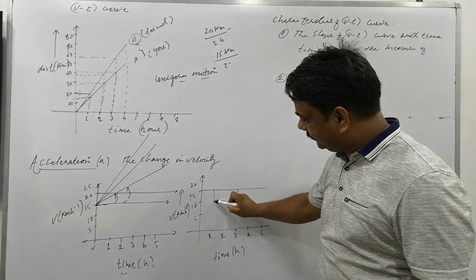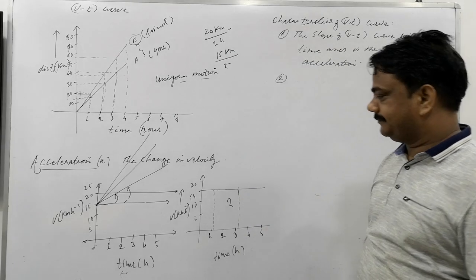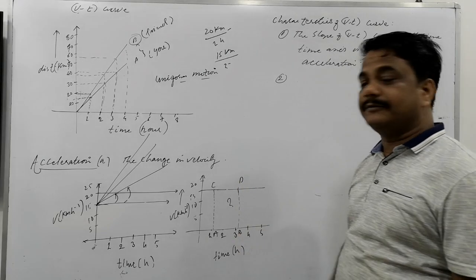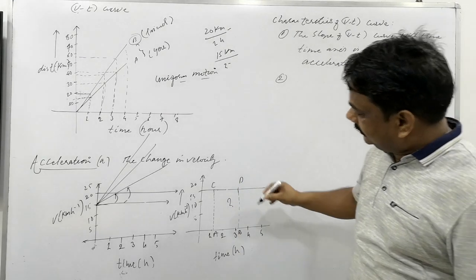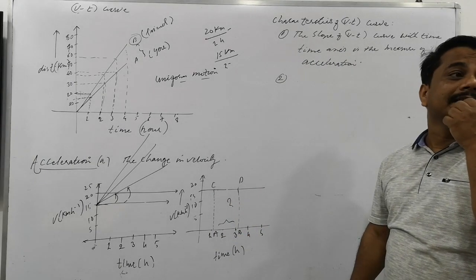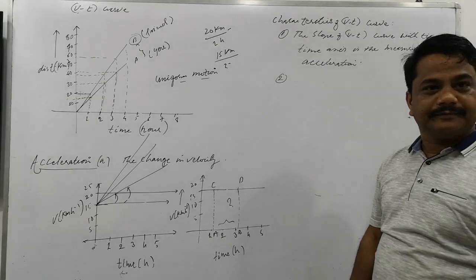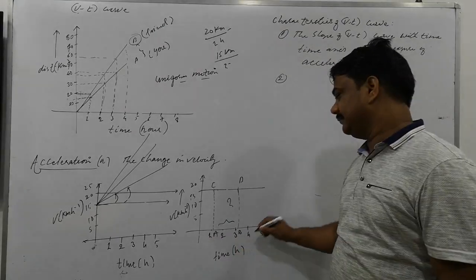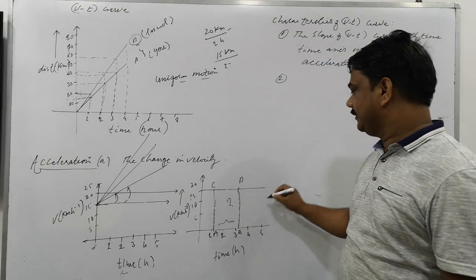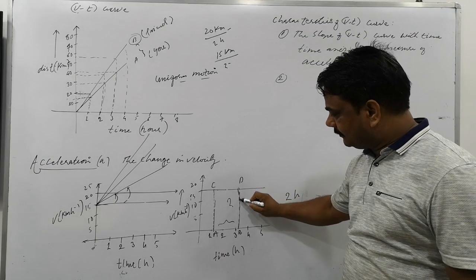Look at this please. What type of geometry is being formed here? A rectangle, with corners A, B, C, D. Exactly. So what is this quantity A to B called? The base, which is time. And what is the time interval? 1 hour, and C is at 1 and this is at 3, so 2 hours. Is that clear?